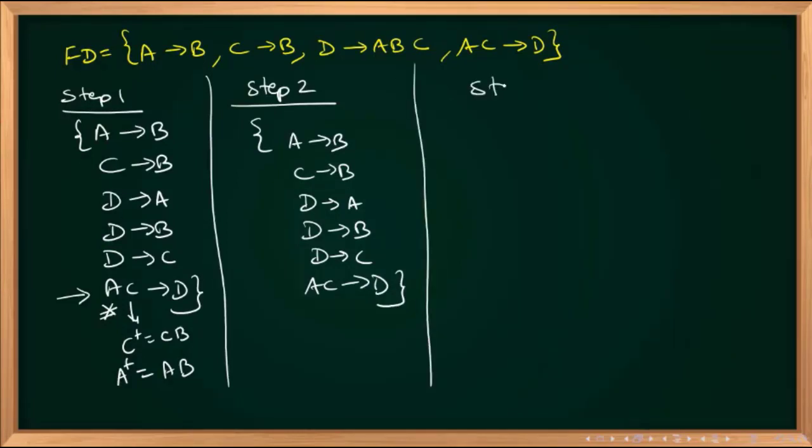Third one, step 3: remove unnecessary functional dependencies. Can I remove A to B? If I want to remove A to B, assume that it got removed and take the A closure; I should get B. The A closure contains nothing, only A. So I cannot remove it. Now, can you remove C to B? Assume that it is removed and take the C closure in the remaining. It is C. Anything else? Nothing. Okay, I cannot remove it. C to B has to come.